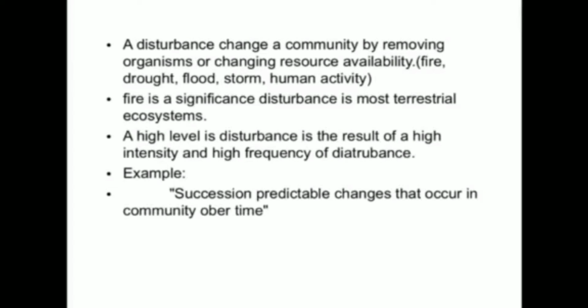What is disturbance? A disturbance changes a community by removing organisms or changing resource availability: fire, drought, flood, storm, and human activity. In other words, a disturbance removes organisms from a community. Fire is a significant disturbance in most terrestrial ecosystems. A high level of disturbance is the result of high intensity and high frequency of disturbance. Examples: